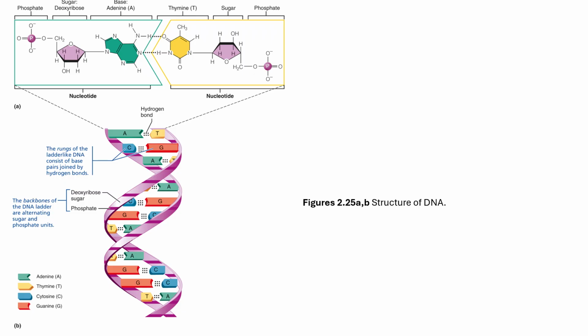thymine. And these are going to be connected by hydrogen bonds. So anytime you see an A, you're going to be bonding it with a T. Likewise, when you see the C, which is cytosine, it's always going to be bonding with a guanine. And we have deoxyribose sugars here. This is going to be the ladder that all of these connecting to. So that is the structure of the DNA.